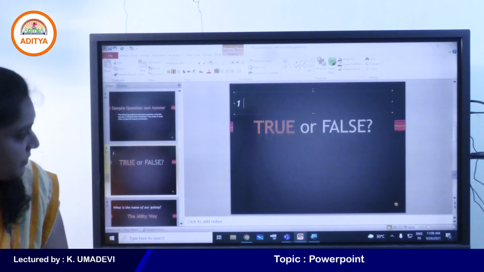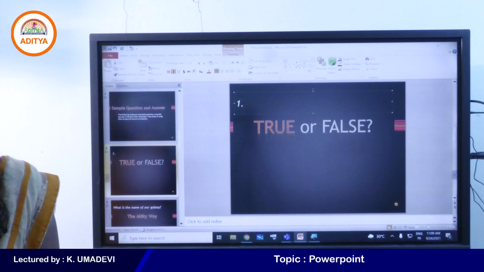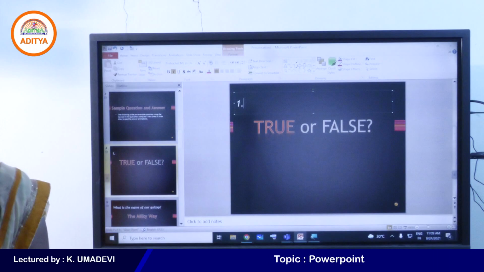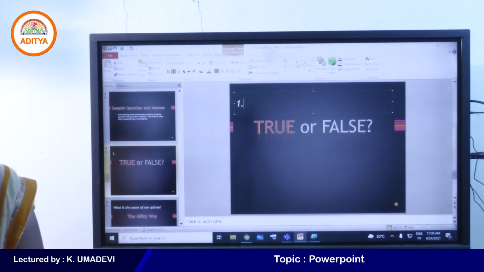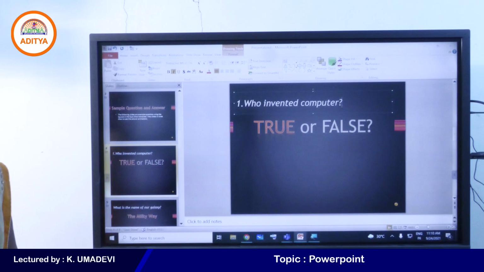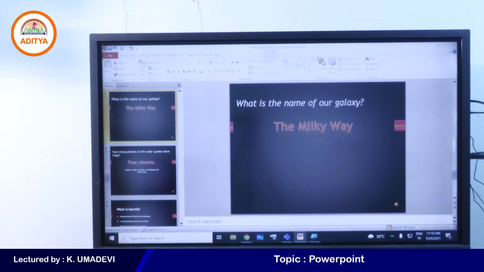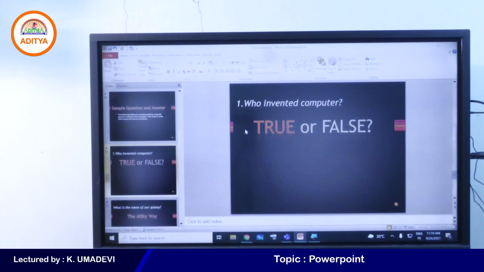Okay, so if you want to enter your own question, simply you can edit the predefined text. Okay students, here the text box is not selected.